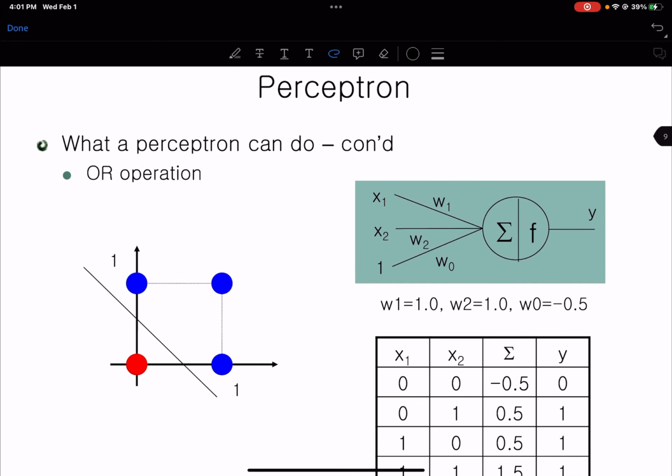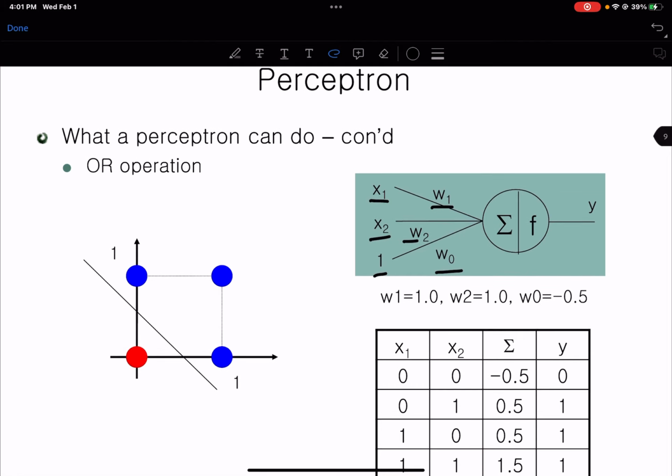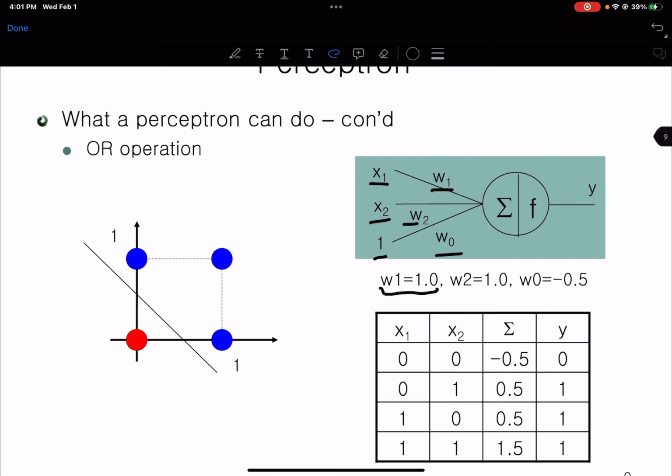What about OR operation? Can we define OR operation using a perceptron? Similarly, we have defined W1, X1, a simpler function to get you started with the concept that we can define different functions and perform different operations using perceptrons. So similarly here we have to find the suitable values of W's that can be used to define OR operation. So for 0 0 in the same equation,